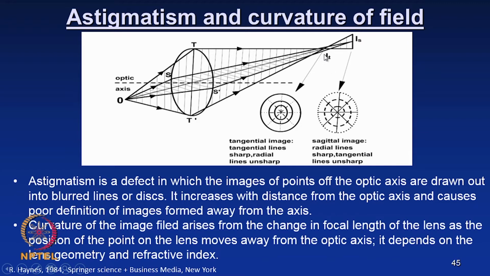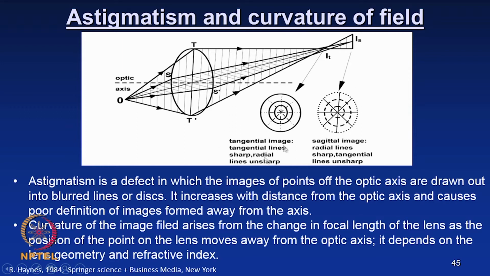You can appreciate that the tangential image lies in a sagittal plane and the sagittal image lies in a tangential plane. So, this is a very nice schematic to appreciate the defect of astigmatism,